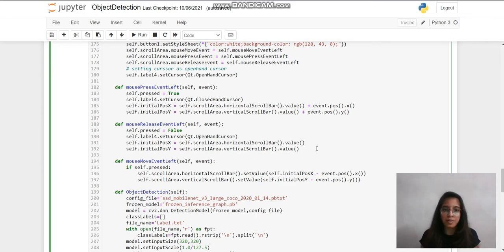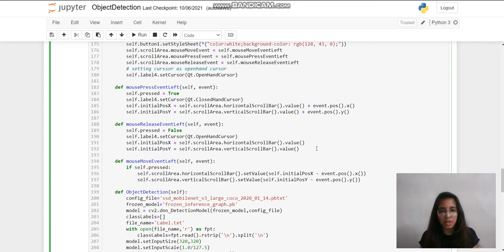Over here the pressed variable will be set to true, and the cursor will be a closed hand cursor while we press the mouse. Then mouse release event will set the pressed variable as false, set the cursor to the open hand cursor, and set the x coordinate and y coordinate to the current value of the scroll bar at the x position and y position respectively.